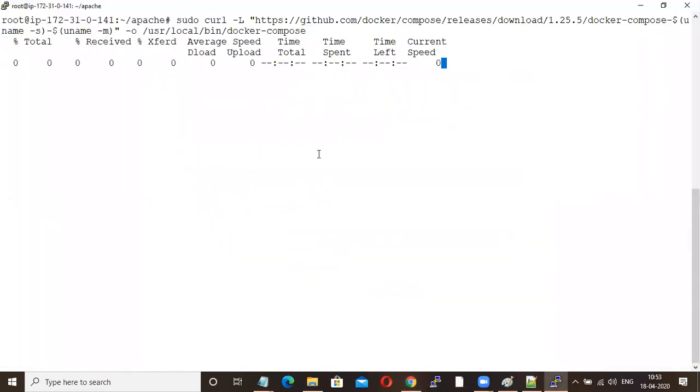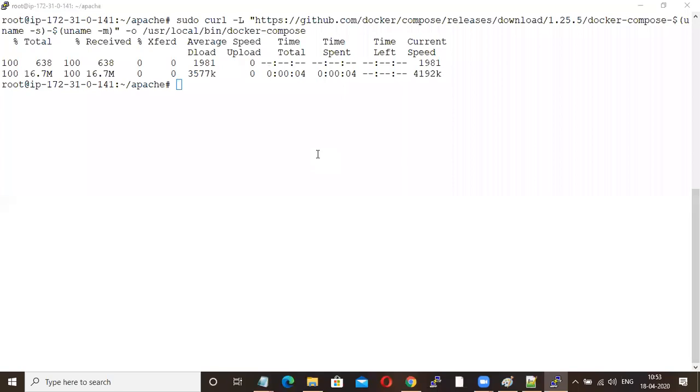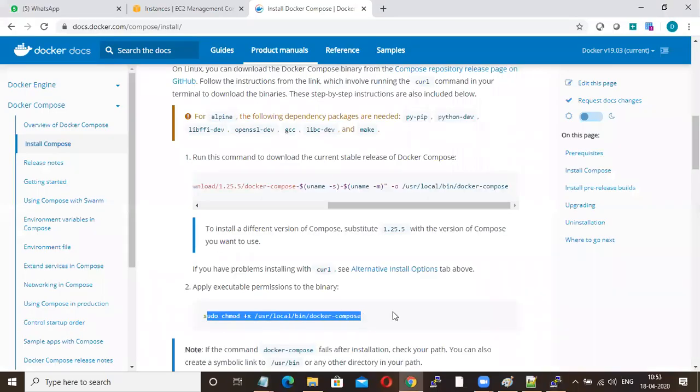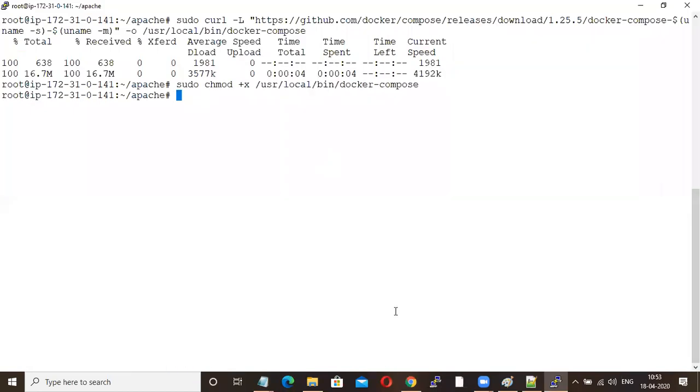First I'm installing Docker Compose, then I'm changing the permission, that is, giving executable permission. Now if you run docker-compose --version, your Docker Compose is installed.